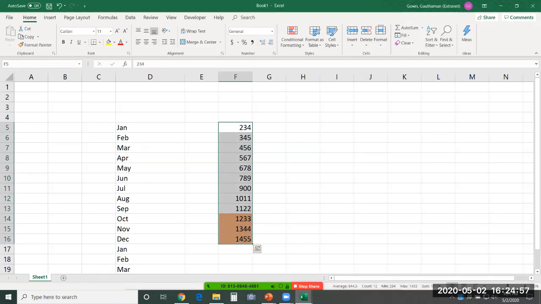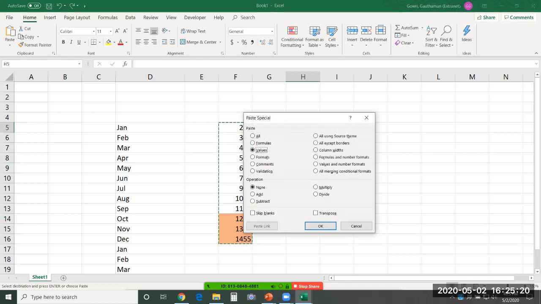I would like to give some text along with it and still treat it as a number. See, I would like to provide a text. See, if I type it right after this number, it becomes a text. But I don't want it this way. I want it to be treated as a number even after I give a text after this.